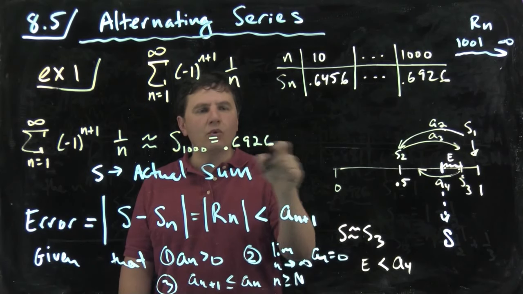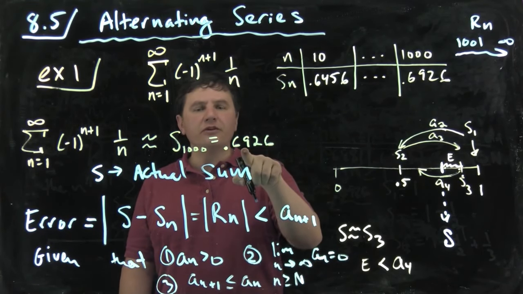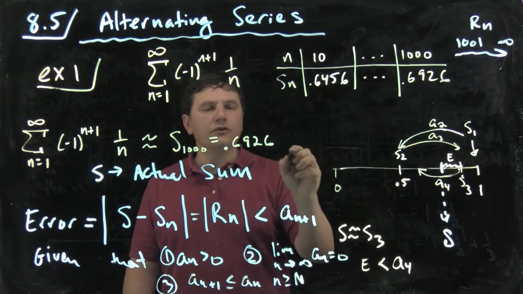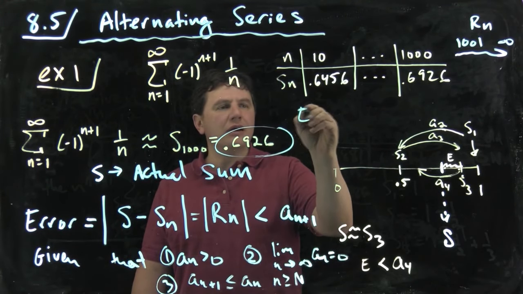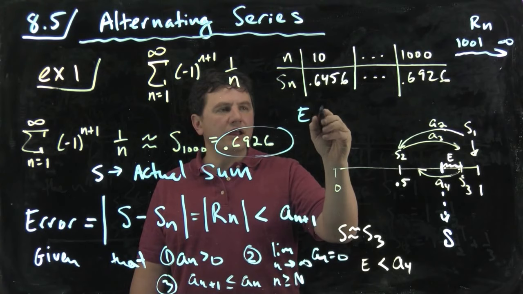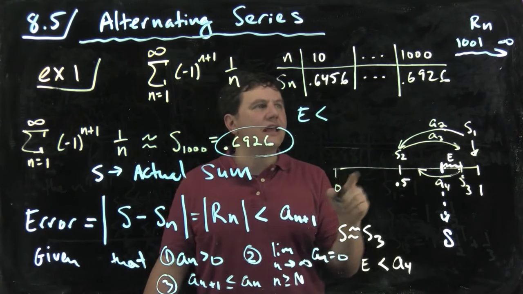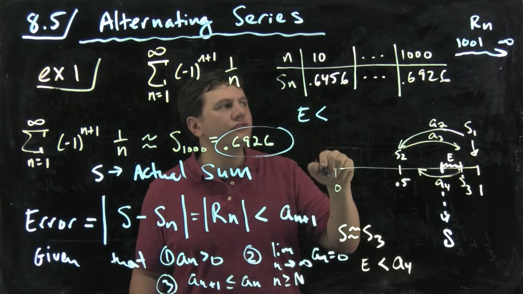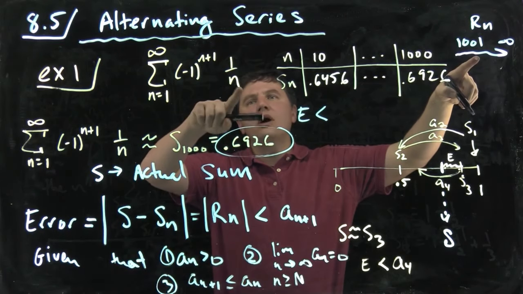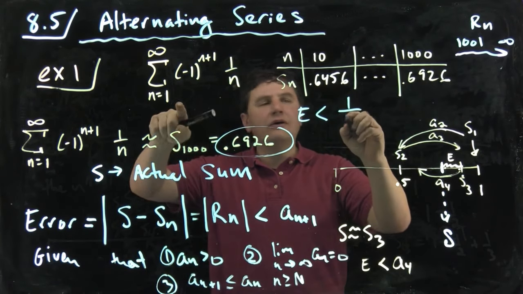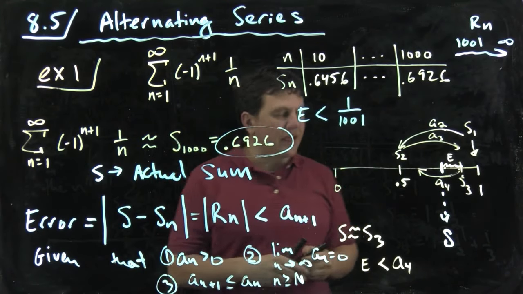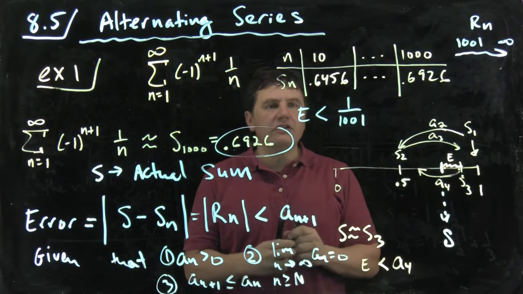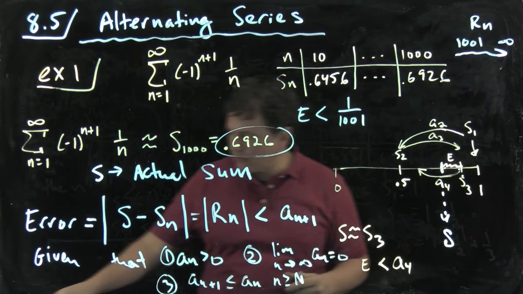okay, S. I don't know what that is, but I know the difference between this is less than the first unused term. So this is my approximation, and I know the error. I don't know exactly what the error is, but I know it's less than the first unused term. So what's the first unused term? It's 1 over 1001. Okay, so 1 over 1001, let's just consider that, how accurate this is within the scope